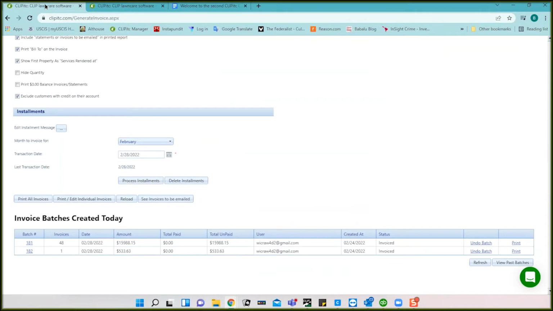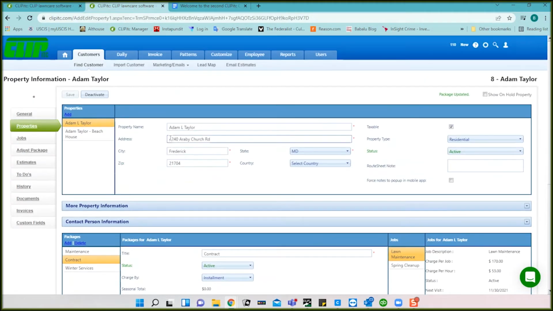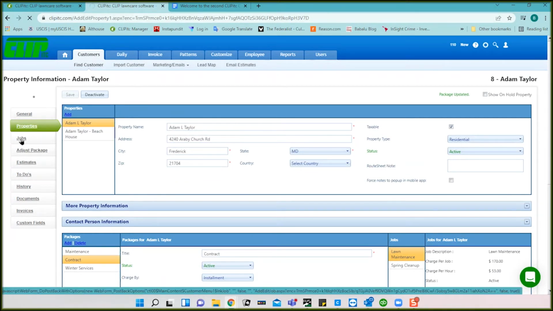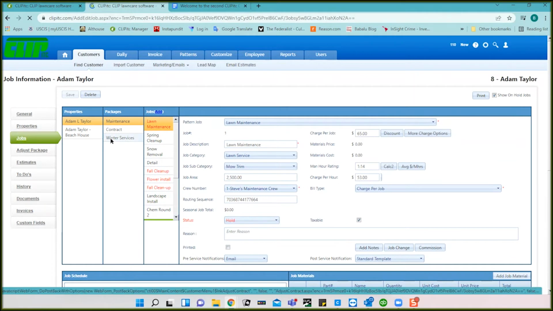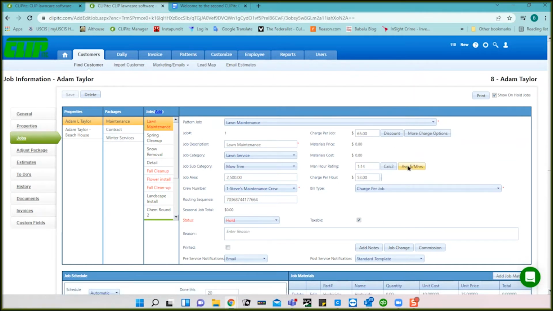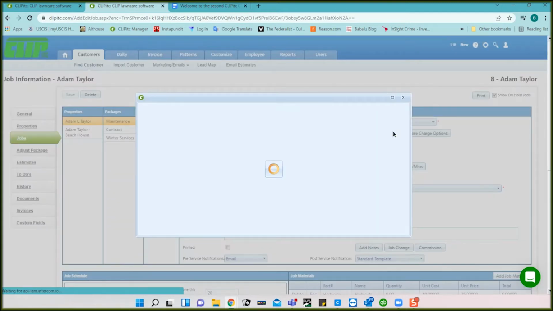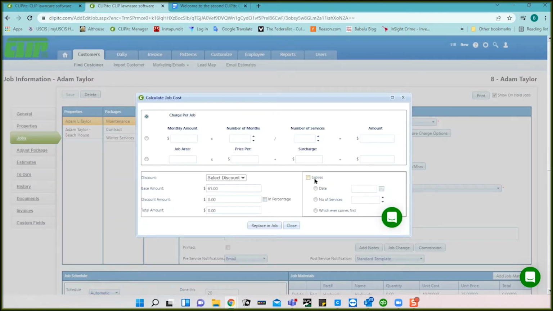Okay. All right. Now we're going to spend the next few minutes on the question: can ITC calculate the installment amount? In XE, that was done under the job level. So if I go into a job, lawn maintenance, here I think it is, discount, let's see. Right, so here, if you know the monthly amount, you can then do